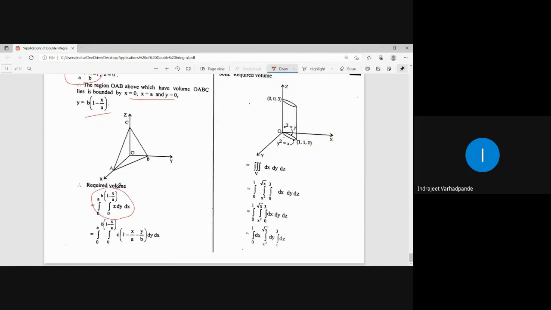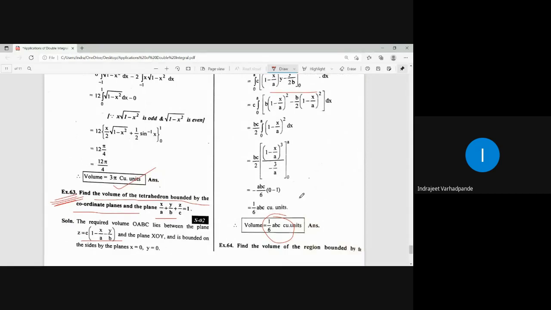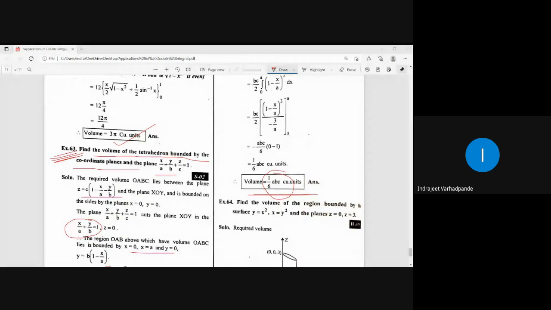Little bit complicated terms are there, but term by term if you integrate and get the answer, your final answer will be 1 by 6 ABC cubic units. So that is how we need to calculate the volume of tetrahedron. So in this case also I will